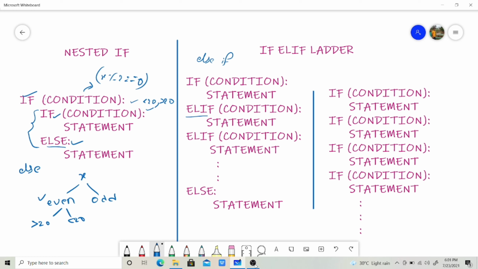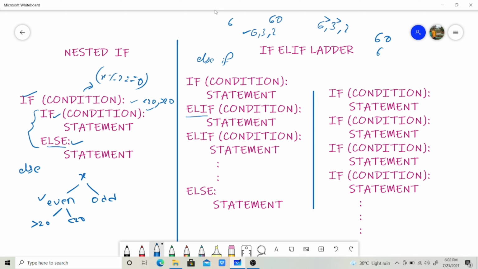For example, take the number 60 and check whether it is divisible by 6, 3 or 2. 60 is divisible by all of 6, 3 and 2, but we have to get only one value based on priority. We check 6 as the first priority, then 3, then 2. Then if we test all the numbers, we have to get only 6. For the value 60 we need to get only 6.